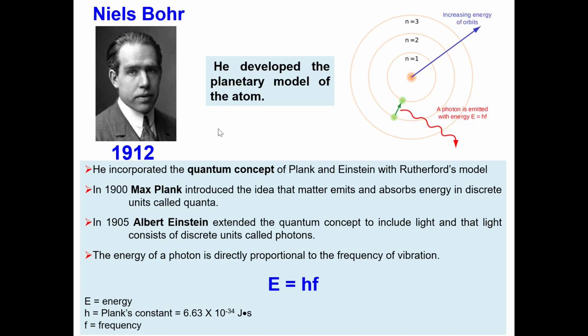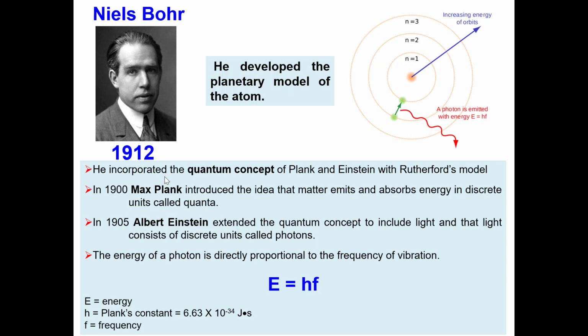In 1912, Niels Bohr developed the planetary model of the atom. What he did was combine the results obtained from different scientists, and he incorporated the quantum concept of Planck and Albert Einstein with the Rutherford model. He took these three results and combined them